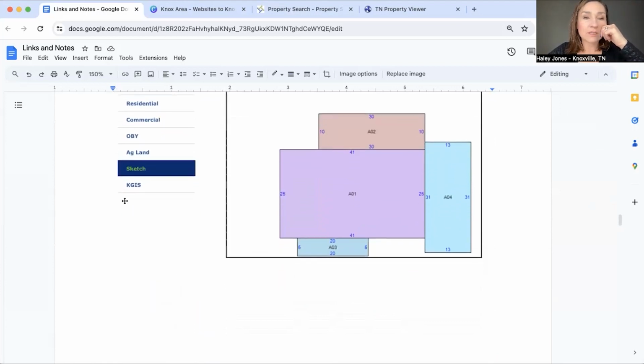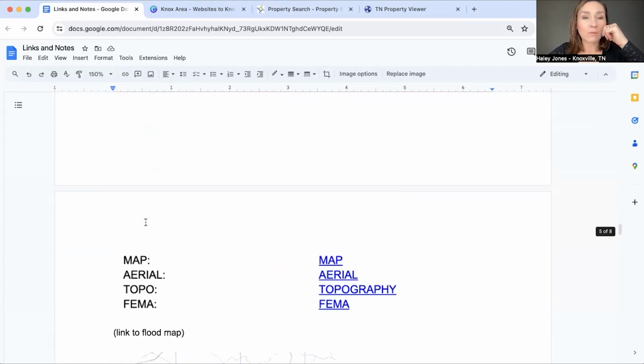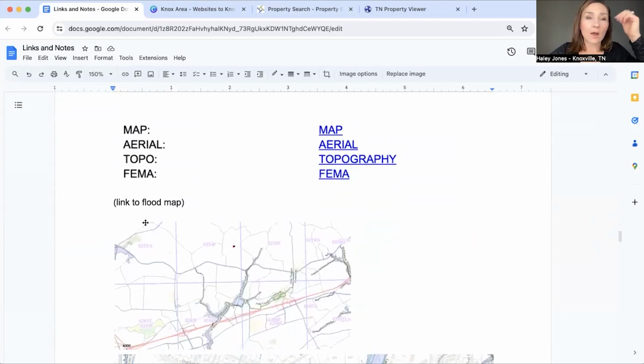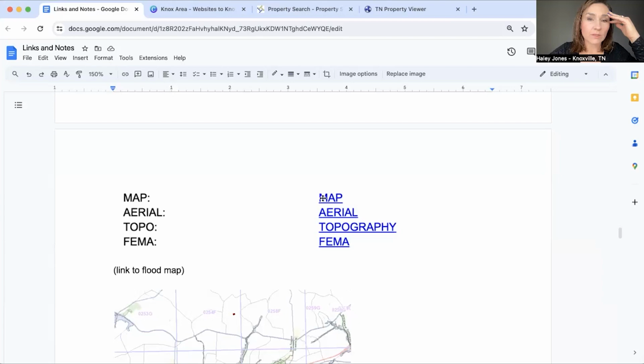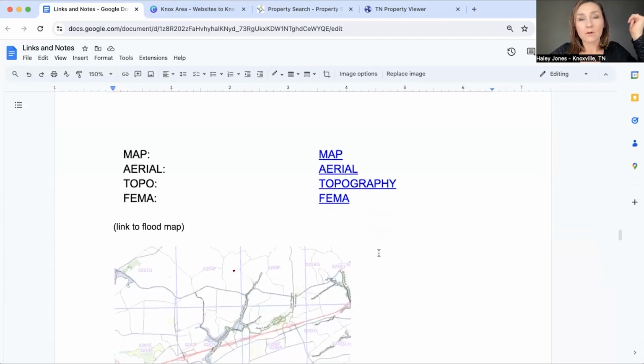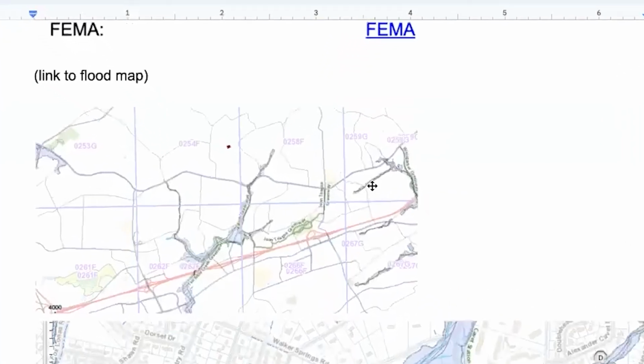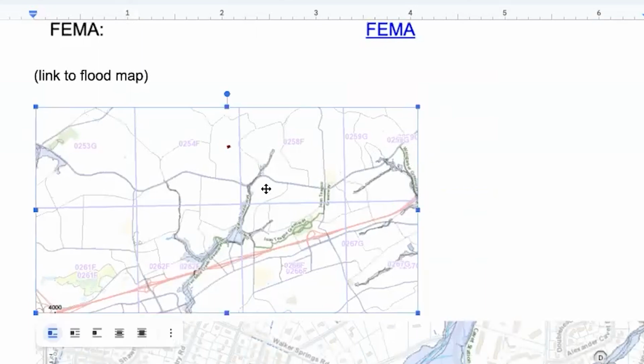And you can also see when it's saying KGIS, you can plug in the website. And I just want to point out this KGIS gives you these different options. You can do map, aerial, topography, or the FEMA. So this is an example of what a FEMA might look like. And so the property I was looking at is over here. And so it's not in a flood zone, but you can see down here, this is more